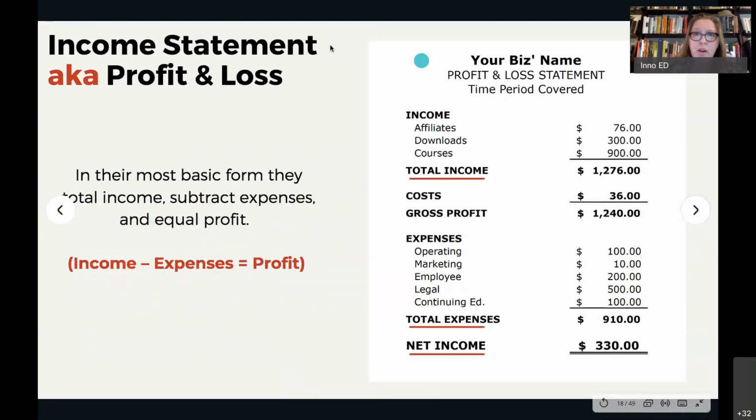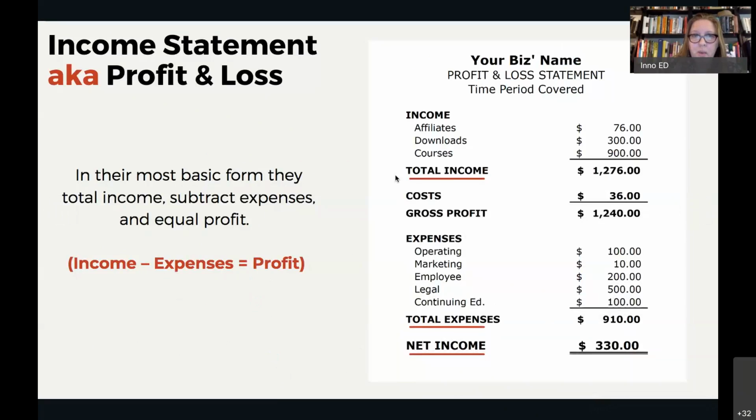All right, I know we are short on time, so I'm going to go through our statements and have us hop in. The first piece we're going to look at is the income statement and or the profit and loss statement. You see we just have an example here of what one might look like. They could look different, but this in red, this is income, expenses, profit.